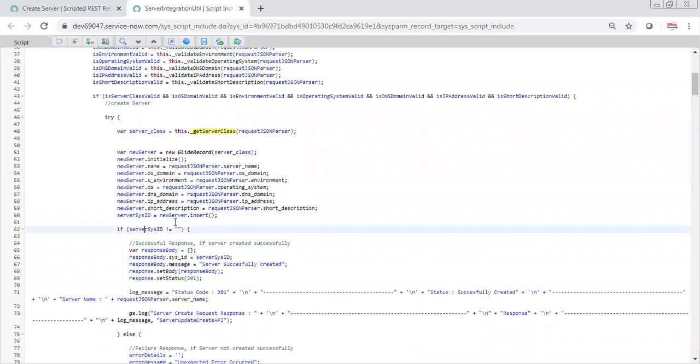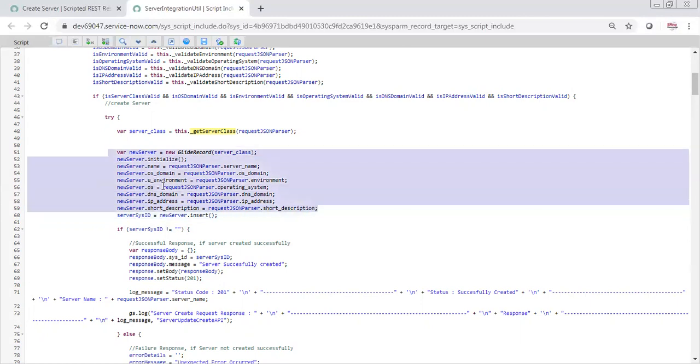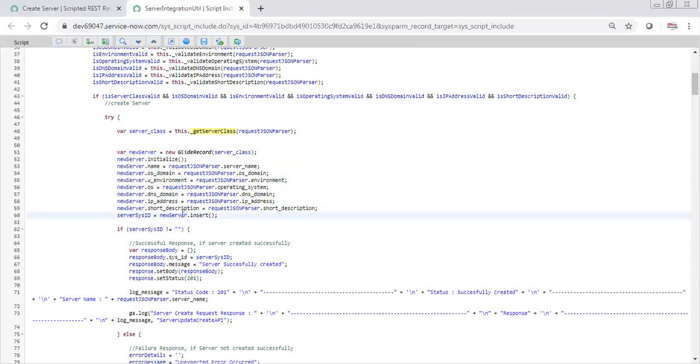So here again I am checking. Although this particular condition will come very rarely, still your API should be robust. Even if they have sent everything correctly, there can be a 0.0001% chance from the ServiceNow side, or ServiceNow itself is down, and there could be an error. If the record is inserted properly, then this function is surely going to return the SysID. If it is not, then it is not going to return a SysID. So that's what I am checking: is this variable having the SysID? If a record is inserted, surely it is going to have it.